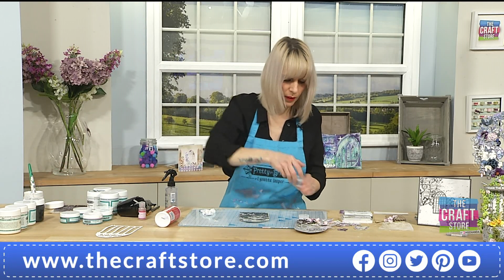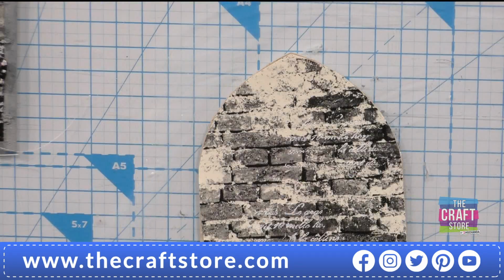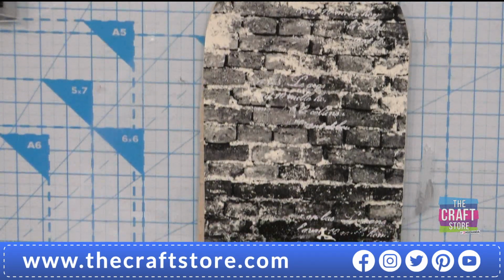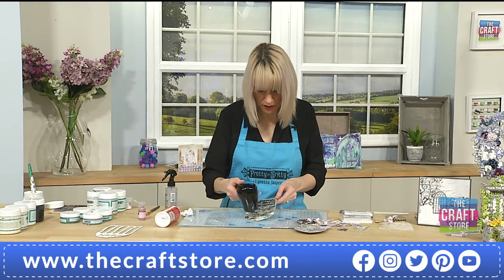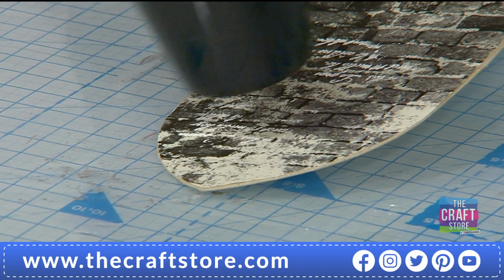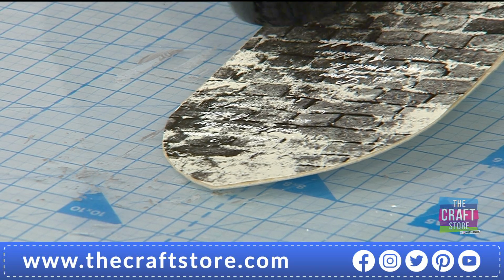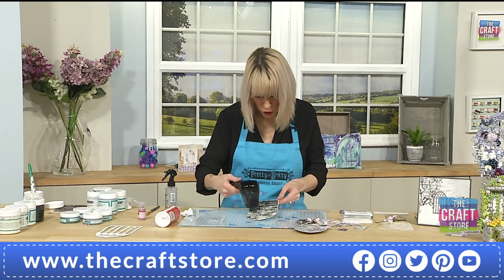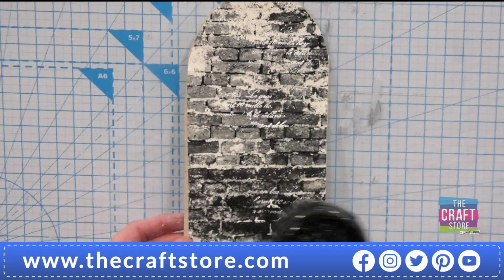Let me put that lid on. I've come a cropper so many times with sparkly things or heat embossing that I've learnt my lesson, the lid has to go on straight away. Yeah, absolutely. So we'll just heat this and get the embossing showing beautifully. And of course the gorgeous script from that stamp just goes